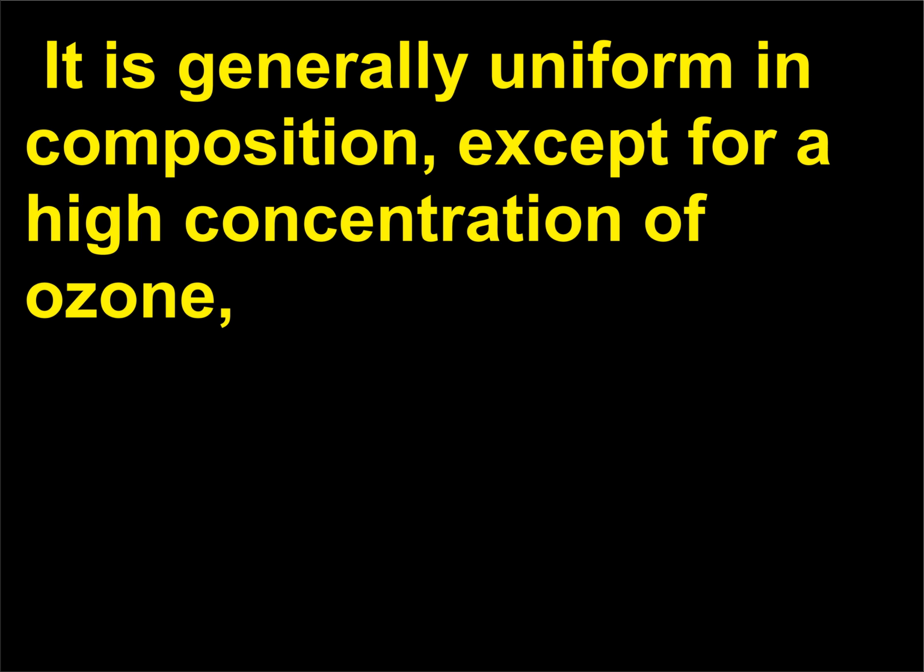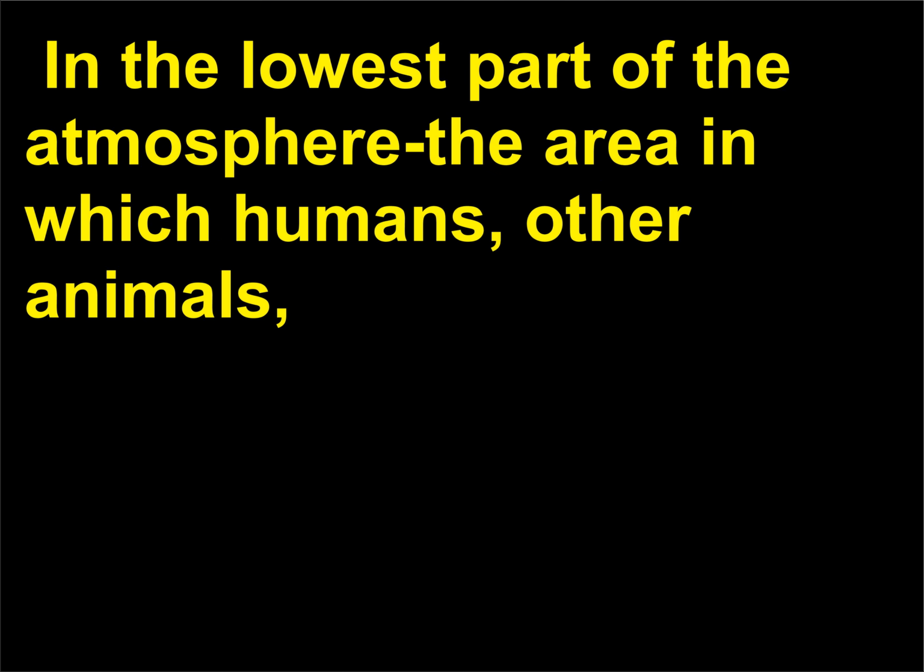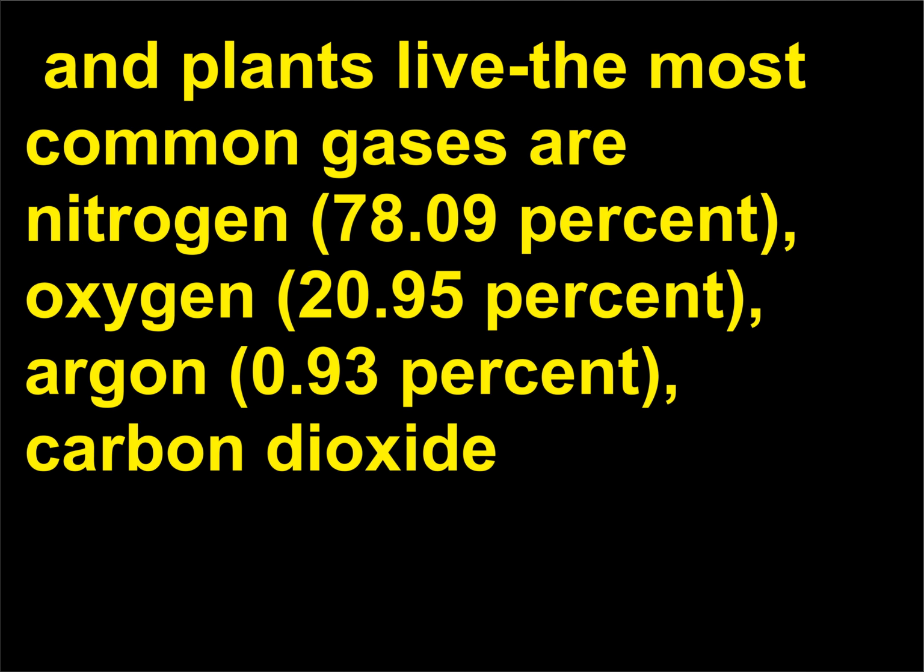It is generally uniform in composition, except for a high concentration of ozone, known as the ozone layer, at 12 to 30 miles, 19 to 50 kilometers, in altitude. In the lowest part of the atmosphere, the area in which humans, other animals, and plants live, the most common gases are nitrogen, 78.09%, oxygen,